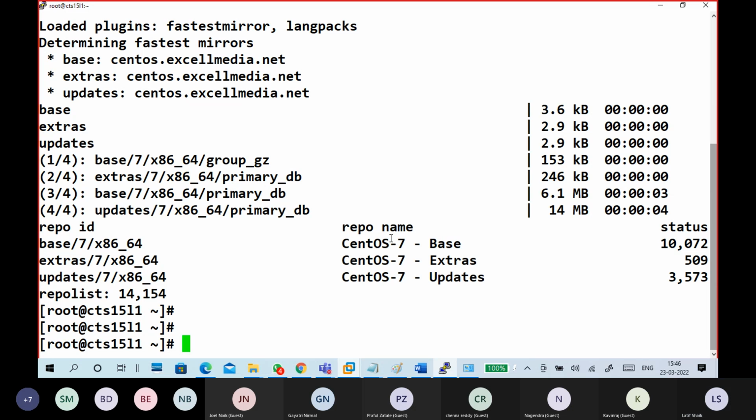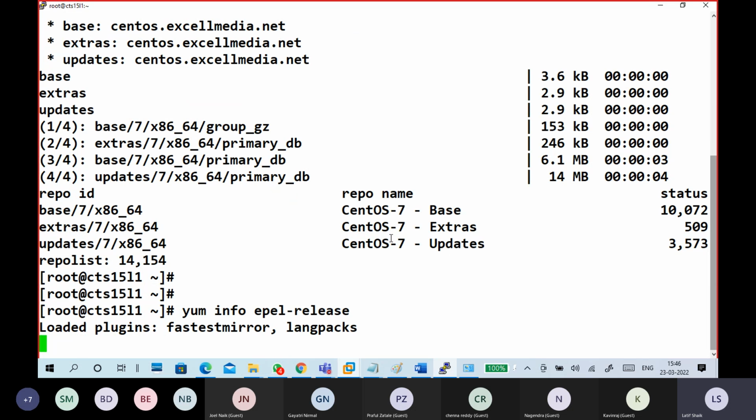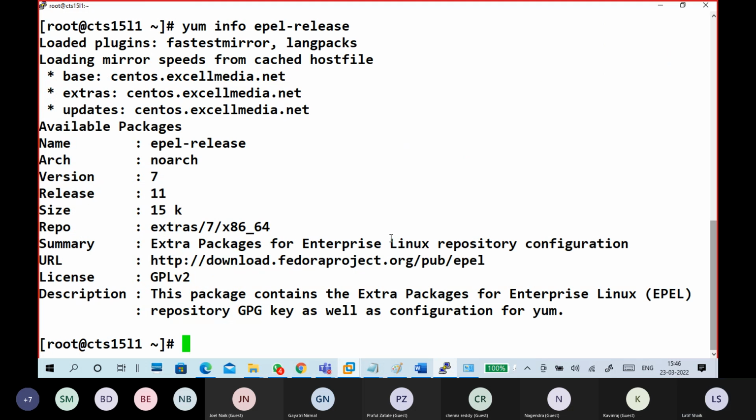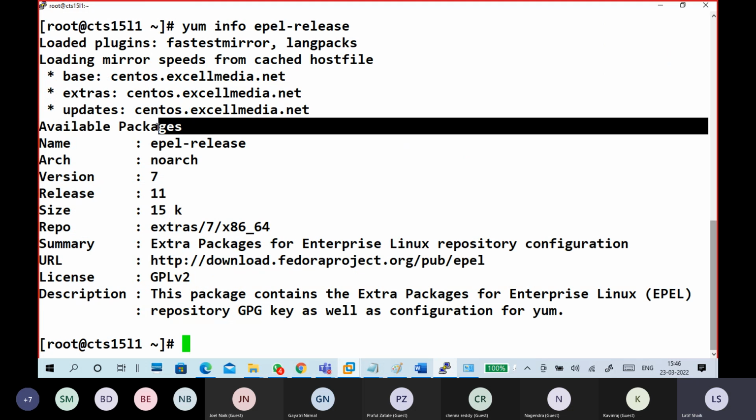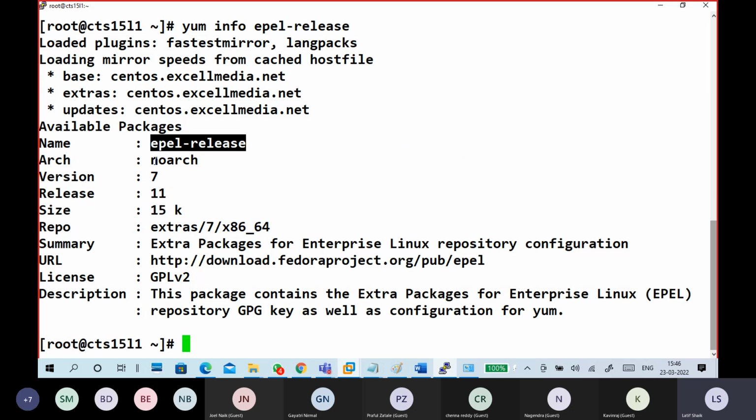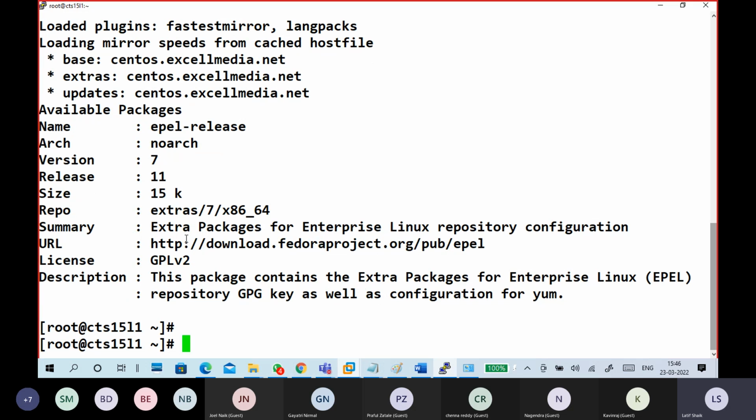Now I'm installing. yum install. First of all, info epel-release. This package is already installed like this. See, it is an available package with package name, architecture type, and version 7, automatically detected.